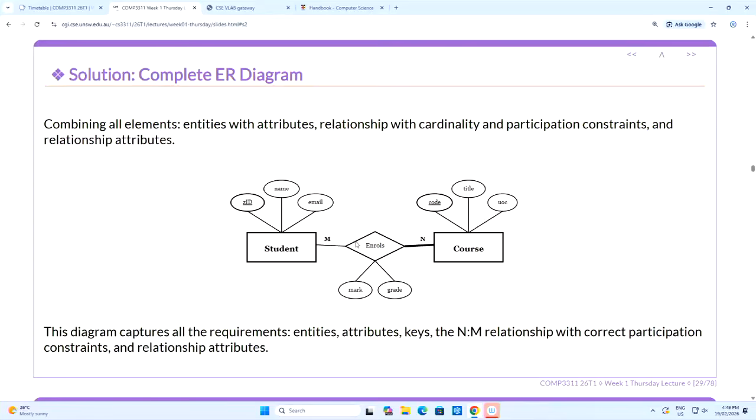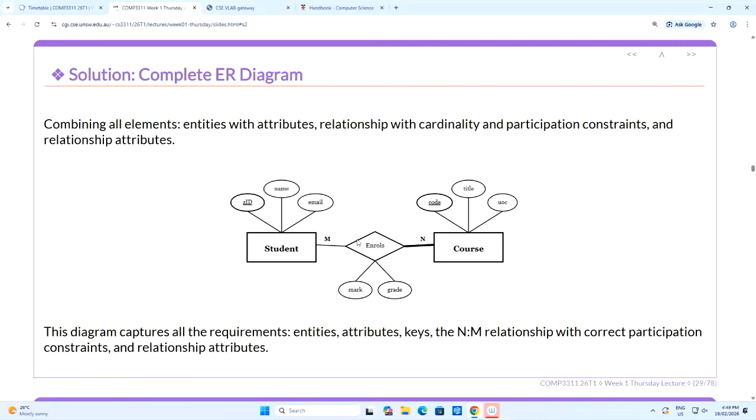And maybe in the second half of this lecture, or next Monday, we'll talk more about the more complex scenarios where we have a weak entity and where we have,